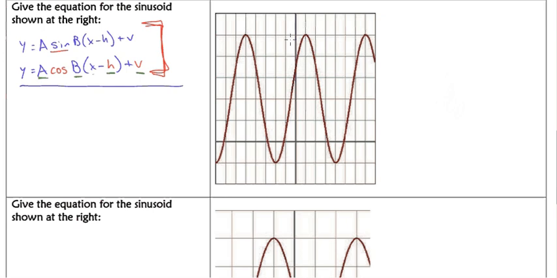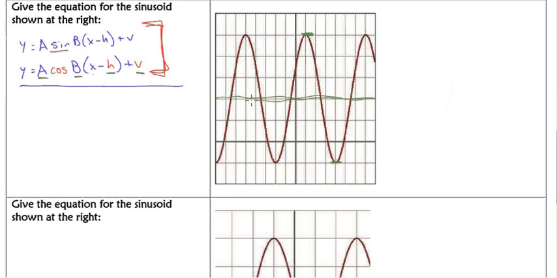So we're going to take the highest y value, the maximum. It looks like it's 1, 2, 3, 4, 5. So that point right there, that y value being 5, and the lowest y value, the minimum, right here, -1. And we want to figure out what's right in the middle. Where would that midline